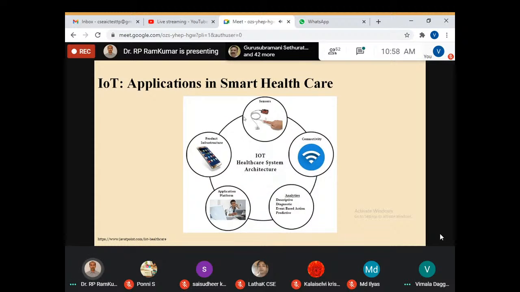Then IoT in smart healthcare: the sensors collect the data, and once it is sent through the connectivity, it reaches the office or concerned medical dispensaries, where the descriptive, diagnostic, and event-based actions are taken. Accordingly, it is instructed or shared with the doctor, such that the doctor gives an instruction through the